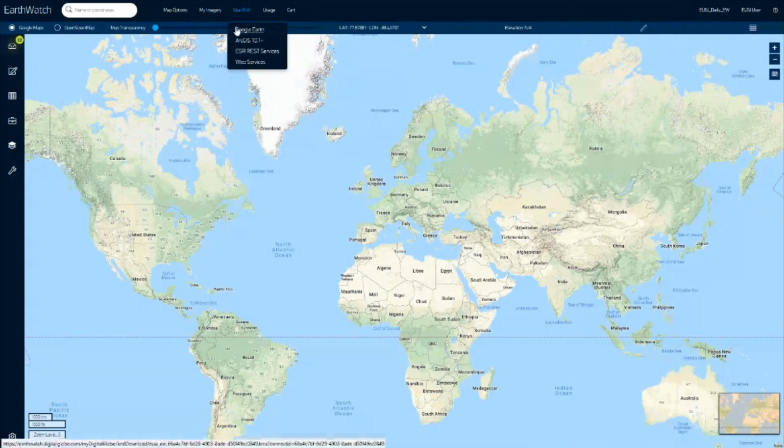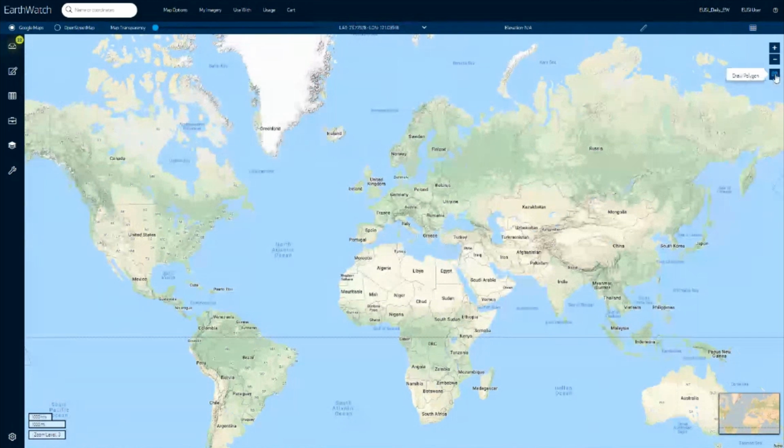Here are the options to use EarthWatch imagery outside EarthWatch using OGC compliant streams. From here, you can watch your consumption. And the cart is a place to manage your orders. On the upper right corner here is the account configuration and the access to help. We have here the button to manage the zoom, as you can see. Here's the button to draw an AOI. And on the left side, we have a toolbar with more advanced options.